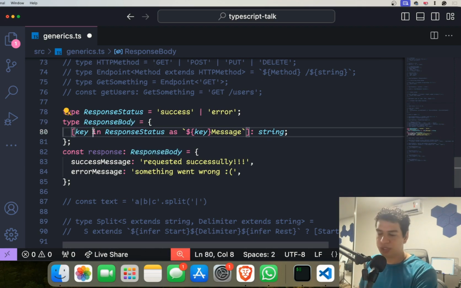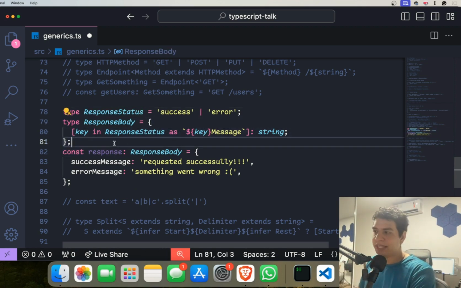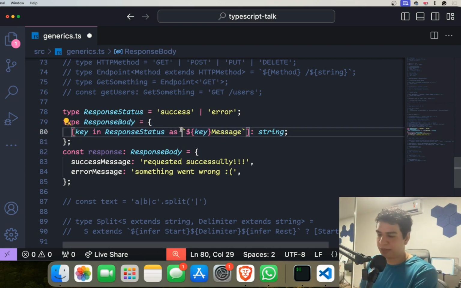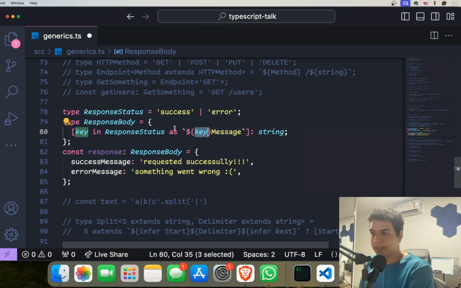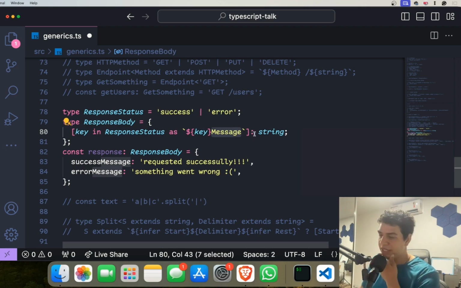We can use in to restrict values, just like extends, inside of keys of objects. Response body is an object whose keys are, I'm going to read this one from right to left, this interpolation: key message. But notice who is key? Key in response status. So it can be either success message or error message, the key with the value of